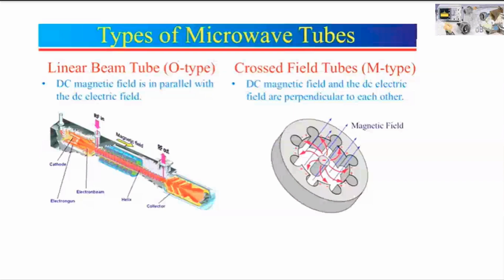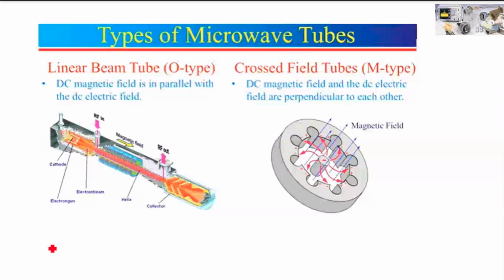So next I will start with microwave tubes. This is a very important thing which we are now discussing, because we have basically 4 types of devices which we have to study in depth. That is klystron. In klystron we have 2 types, reflex klystron and multi-cavity klystron. Then we will study traveling wave tubes or slow wave structure.